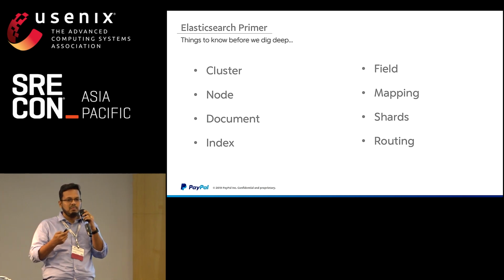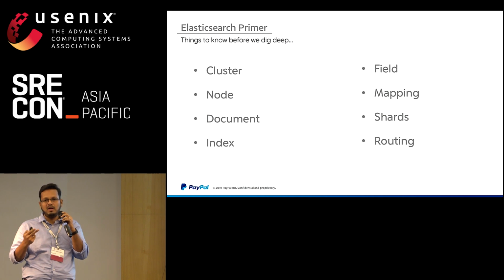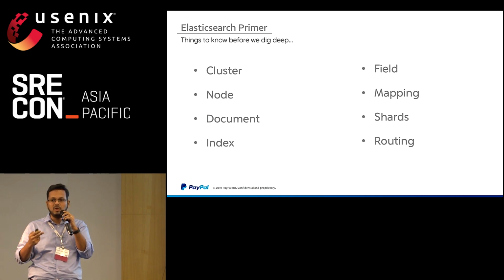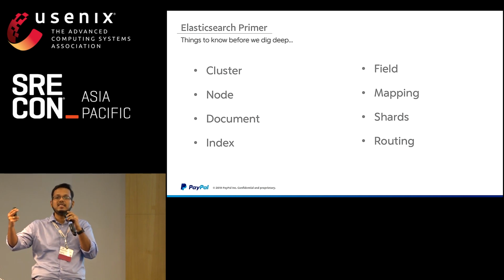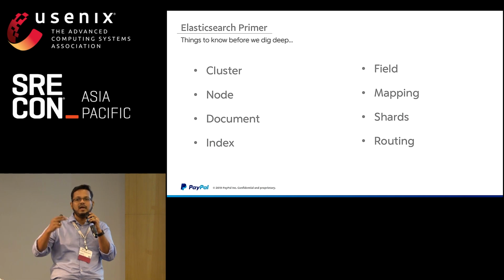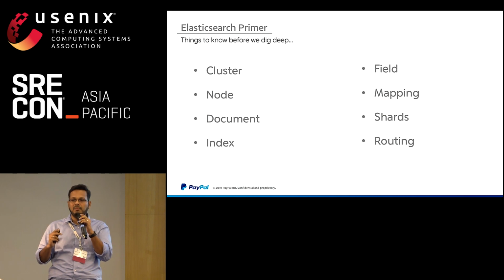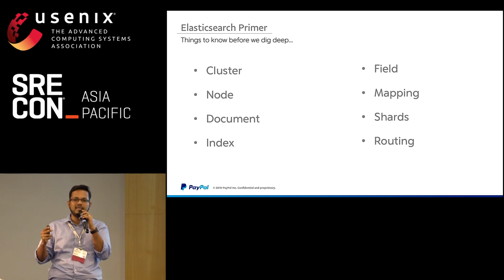There are different kinds of routing. By default, Elasticsearch routes every document by what we call the document ID. Document ID is something that you can explicitly provide, or if you don't provide one, Elasticsearch auto-generates one for you, and it routes the document to an appropriate instance of Elasticsearch based on that ID. So it actually does a hash on the ID, and then it sends it to that particular node. That way, your data is split across the cluster in a uniform manner. So any time you search for something, the load is distributed across it. That's why it makes it a little faster.